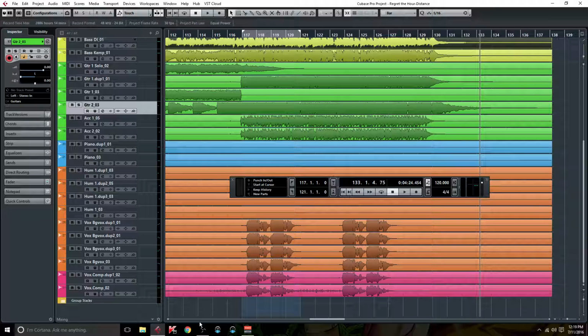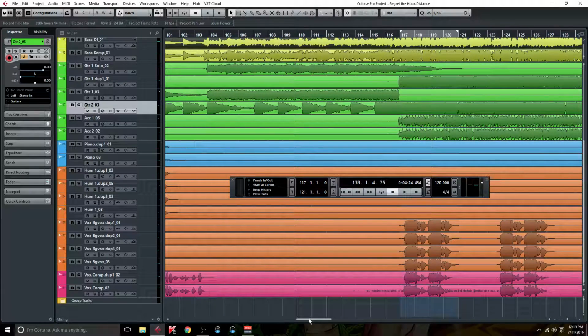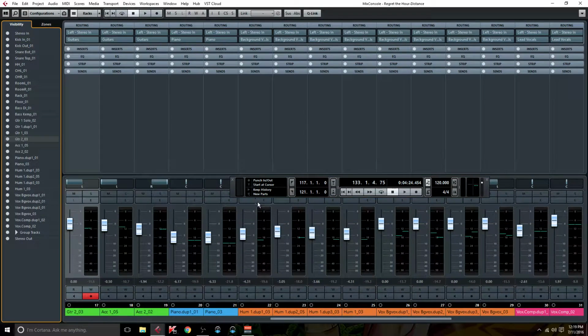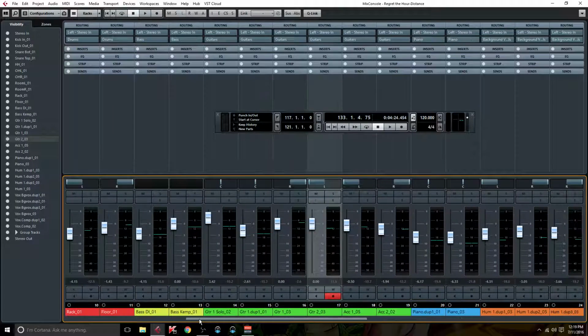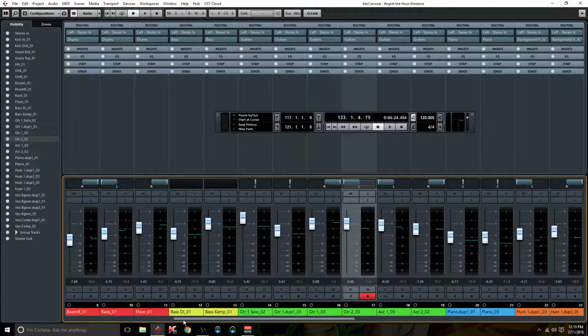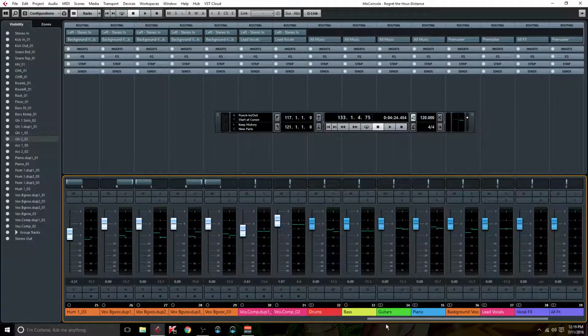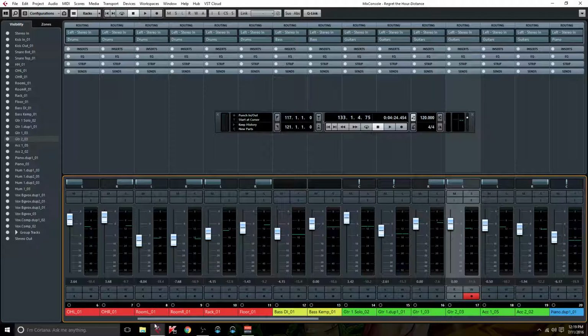Okay, so I think that's a pretty good starting place for a balance there. As you might have noticed, when I'm balancing tracks, I don't really like to go more than 4 dB plus or minus. But I think there was one spot where I lowered it about